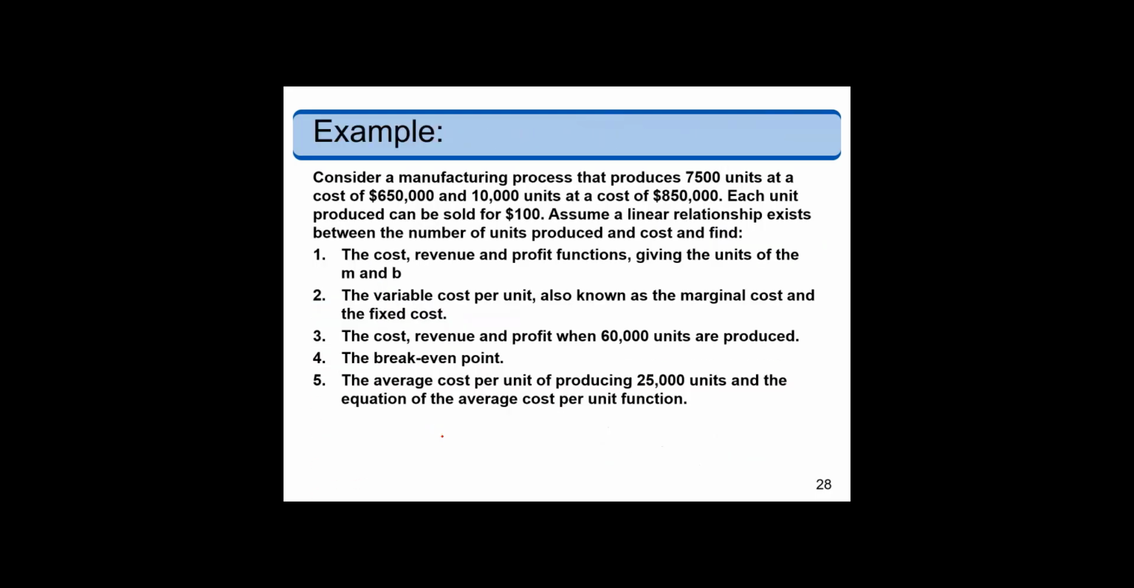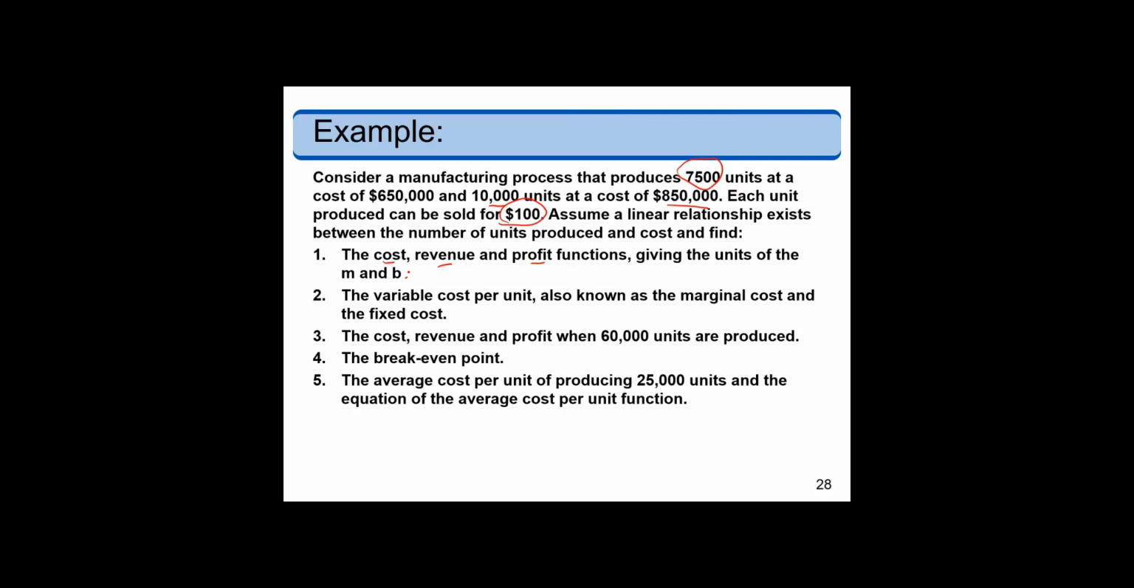Okay, now let's take a look at another scenario. Consider a manufacturing process that produces 7,500 units at a cost of $650,000, and 10,000 units at a cost of $850,000. Each unit produced could be sold for $100. Assuming a linear relationship exists between the number of units produced and the cost. Find the total cost function, revenue function, profit function,